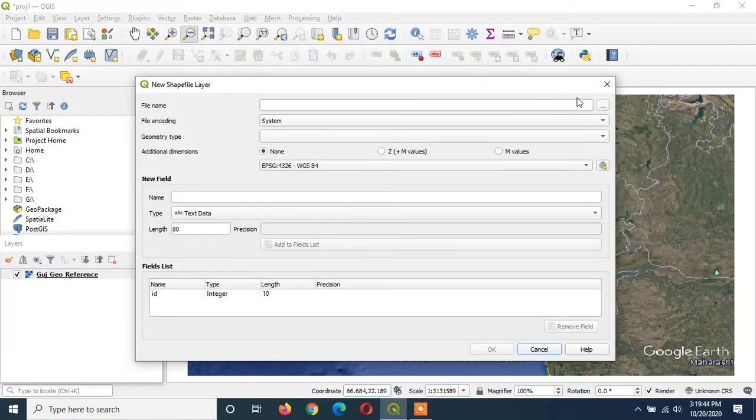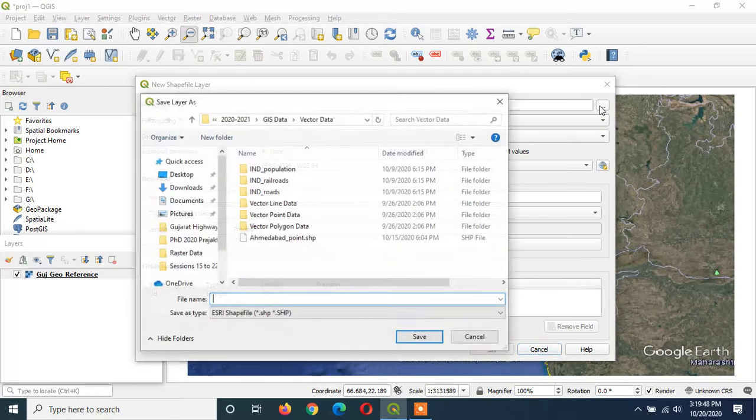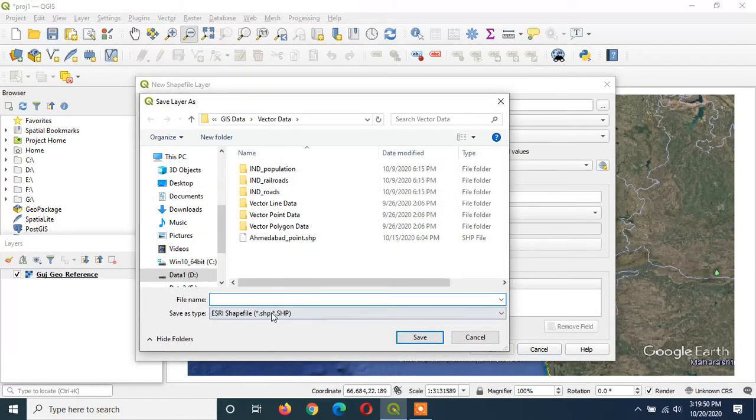It is asking for the file name, so you can give any valid file name and you may save this file in a specific folder. So I want to save this file in GIS data, vector data. The name of this file is Gujarat boundary. I am saving this file.